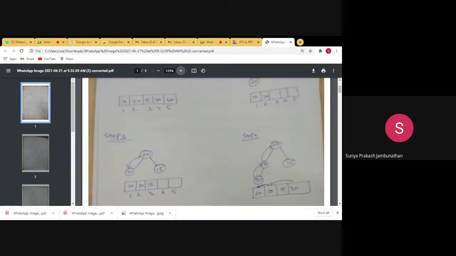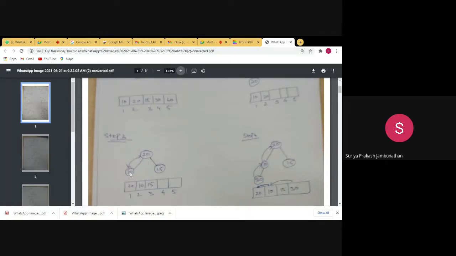We have to check whether 15 is greater than 20. If the value here were greater than 20, then you would have to swap it. But according to the given value, 15 is lesser than 20, not greater, so we can keep it as it is.